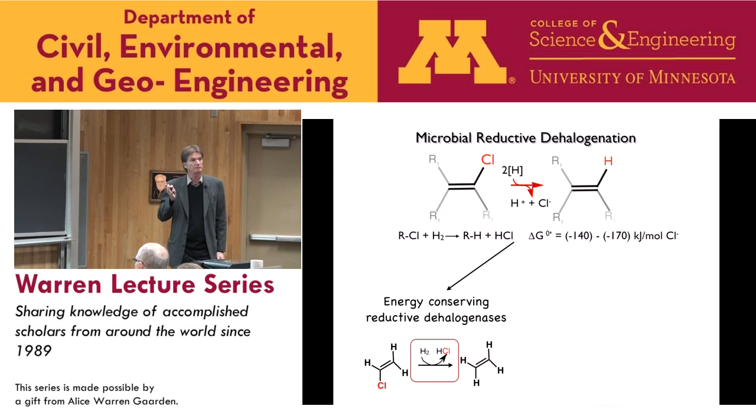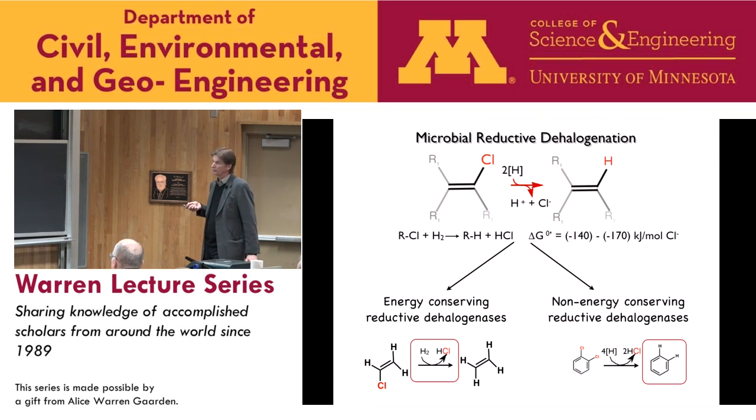It is important to keep in mind that there are two types of reductive dehalogenases, so the enzymes that mediate this reaction. They are energy-conserving reductive dehalogenases, which basically means that mechanistically, organisms can conserve these minus 150 kilojoules per mole of the reductive dehalogenation, for example, here of vinyl chloride, and use this energy for growth. So mechanistically, the enzyme works for energy conservation. And this works in the class 2 organisms, basically the Dehalococcoides.